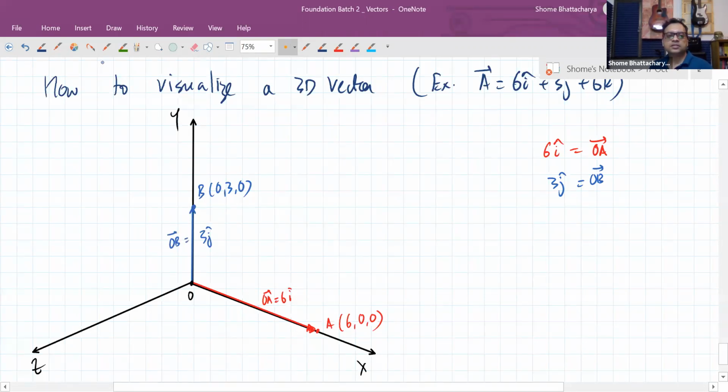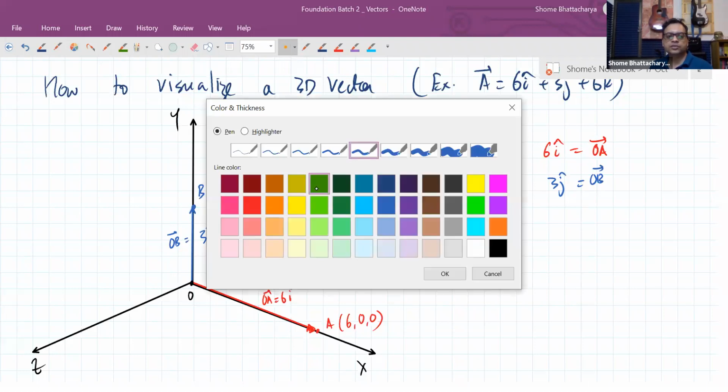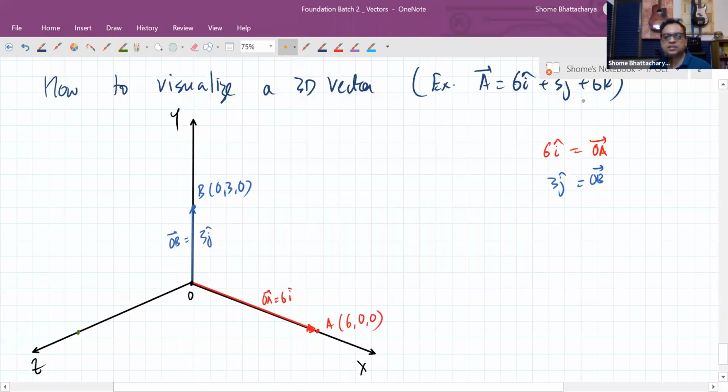And likewise, you can do the same for the z axis also now. So take a point on the z axis, which is, since our z component is 6,